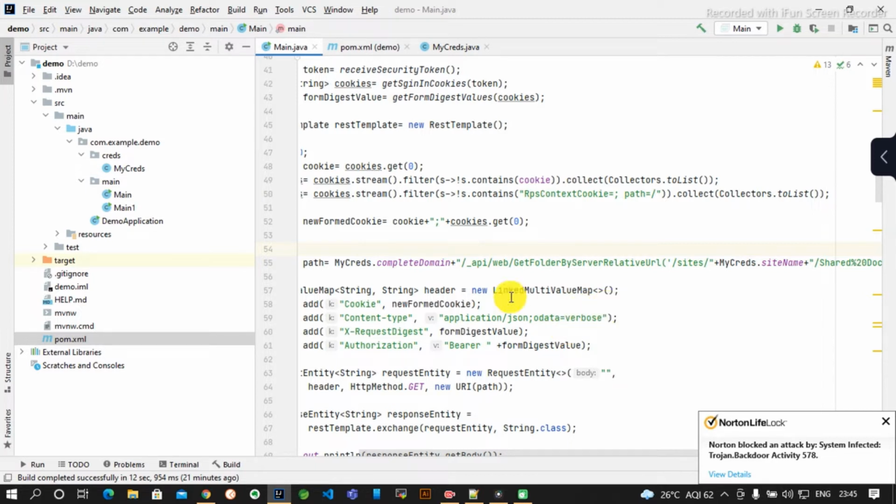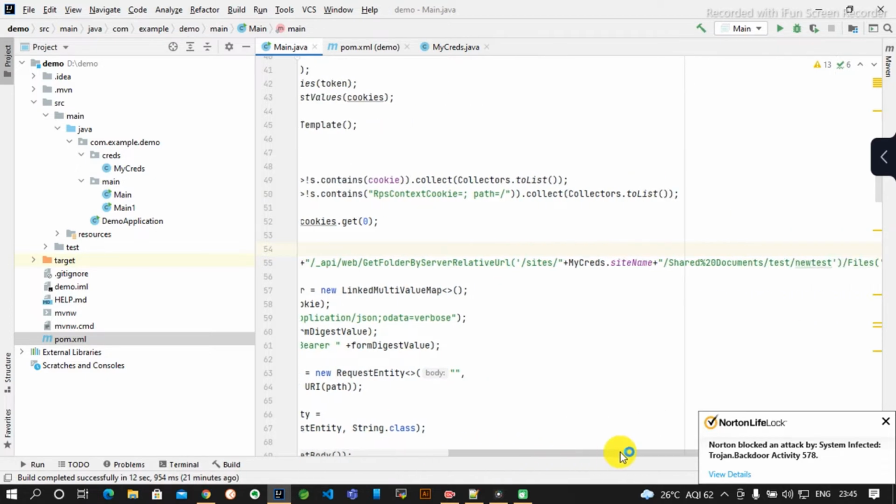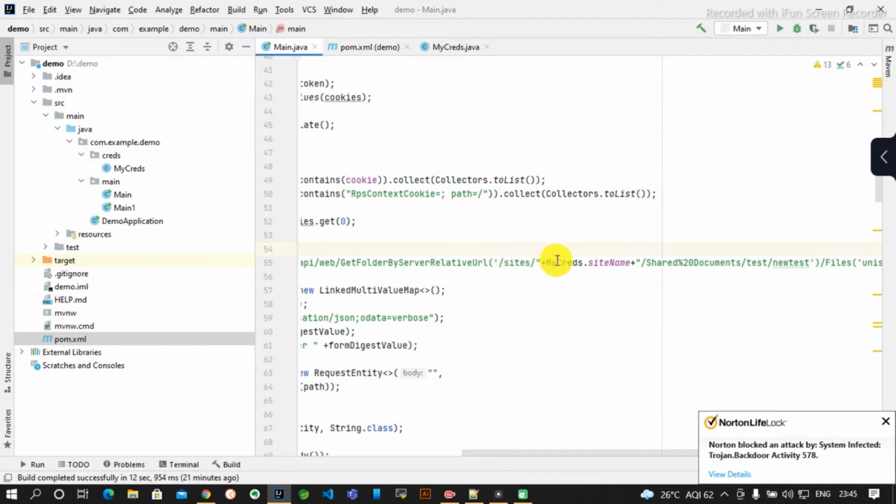Here I am creating my path. This is my https, my domain.sharepoint.com/site/my site name, /api/web GetFolderByServerRelativeUrl. Then the sites, then my site name, then Shared Documents.